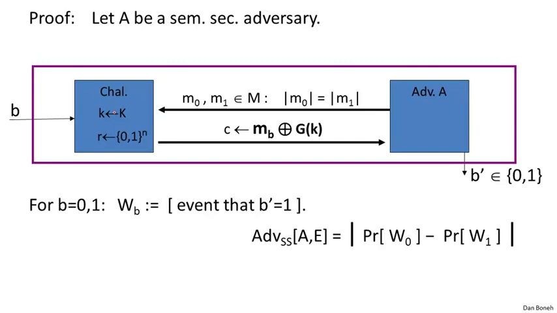What we're going to do is, instead of encrypting using G(K), we're going to encrypt using R. And you can see what we're doing here. Essentially, we're changing the challenger, so now the challenge ciphertext is encrypted using a truly random pad as opposed to the pseudorandom pad G(K). Okay, now the property of the pseudorandom generator is that its output is indistinguishable from truly random. So because the PRG is secure, the adversary can't tell that we made this change.